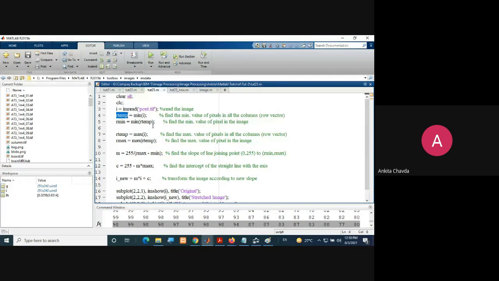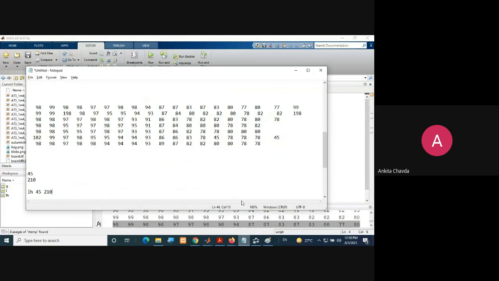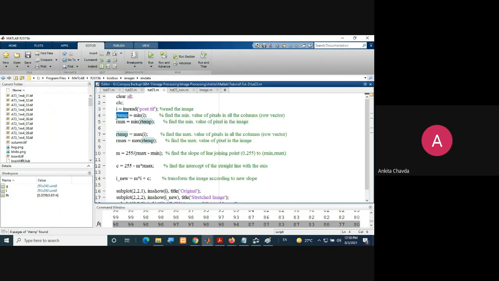Now this rtemp is nothing but the minimum value from each and every row, or from each and every column, whatever you consider, finally you will get your minimum value. So this is what your rtemp is: rtemp equals the minimum of 5.